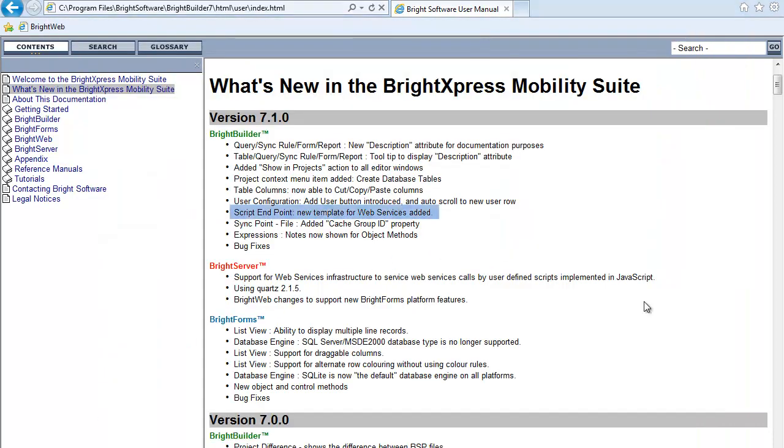Another new addition is the script endpoint. So we have a new template for web services that's been added. Now the web services infrastructure is something that was added into Bright Server to be able to handle web services calls coming from any client. This is a very powerful feature, and it's covered in detail in the user manual, but for now I can just say to you that Bright Server is automatically handling the serialization and the deserialization